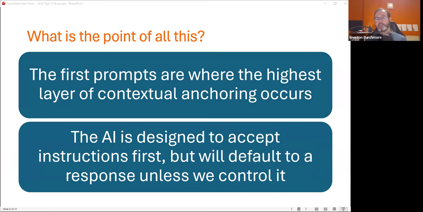So it's designed to accept those initial instructions, lean on them. And if it doesn't get them, it's just going to default to whatever its core programming thinks. And it's going to make some guesses and some assumptions, and they might be wrong. And as soon as that happens, we have a problem. We have work to do to correct its behavior and tell it how we want it to work differently. And then we have a risk of that misunderstood output having a disproportional effect on its contextual memory, becoming contextual